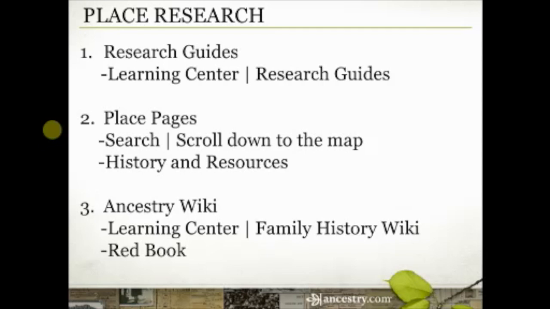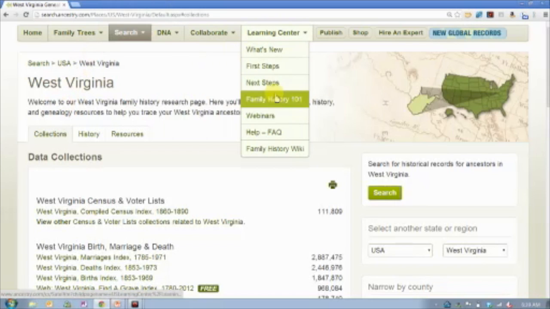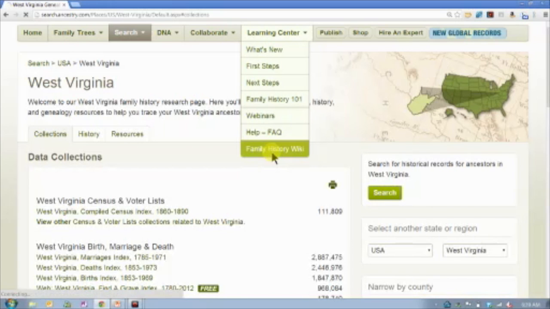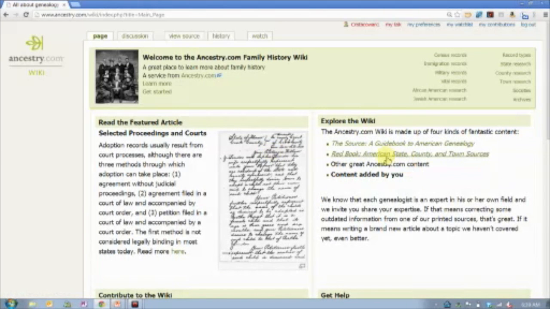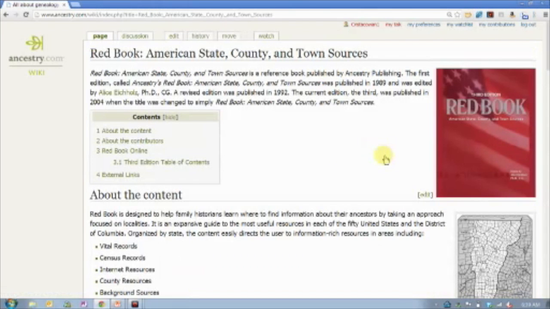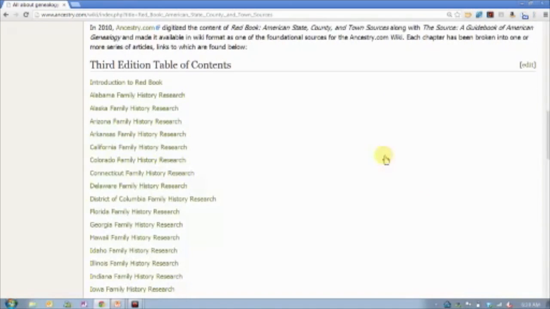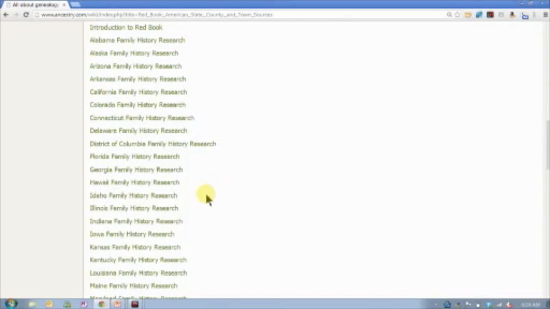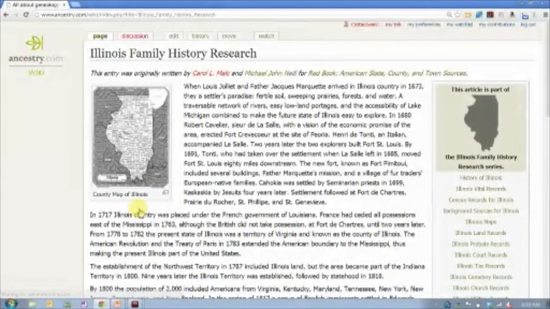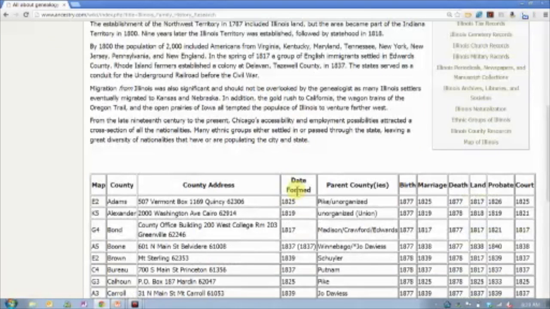Finally, let me just wrap up with a quick plug about the Ancestry Wiki. If you click on Learning Center and go to Family History Wiki, there we have the Red Book. This is actually more detailed than any of the other two things I've shown you. So hover over Learning Center, click on Family History Wiki, and then select the Red Book. The Red Book is organized by state. So if I scroll down here to the table of contents, I can click on any state. So if I click on Illinois, for example, it's going to take me to articles written by professional genealogists and genealogy experts in these locations about that particular location. This is going to be probably your most detailed